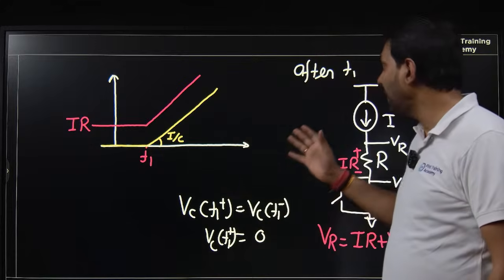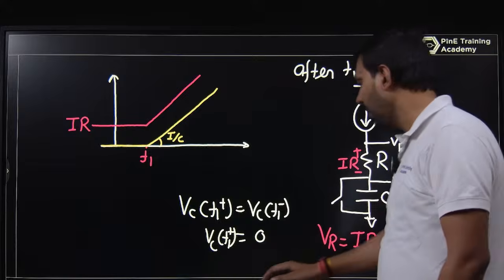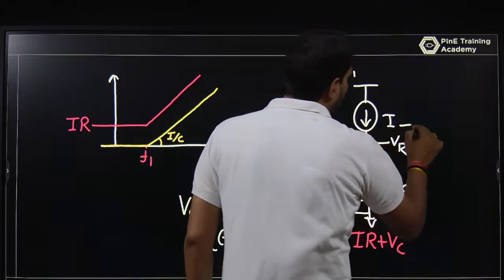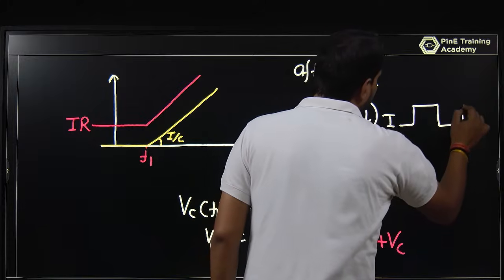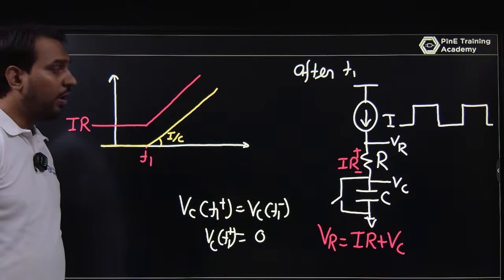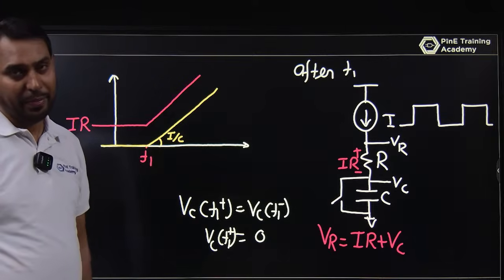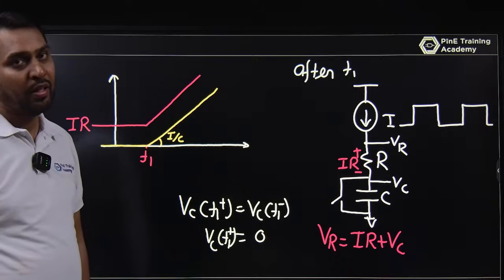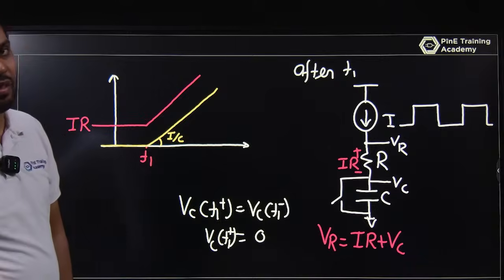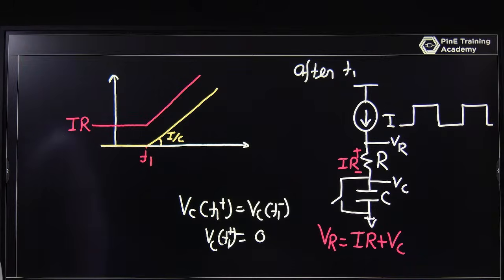Okay, if you are interested to make that waveform in a way, let this I be constant, make that current like this. Okay, and just check what will happen. What will be the output? So you can check it in a way. So this is the way you can try that. Okay,